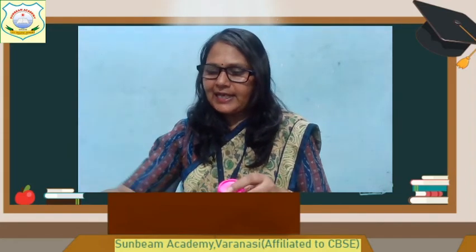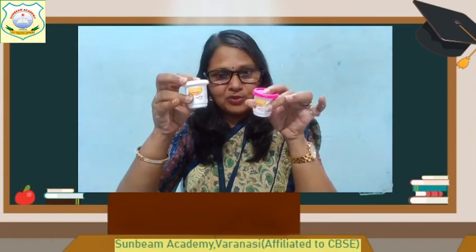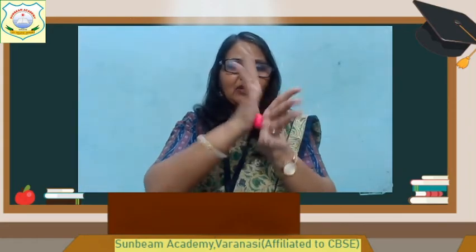For that, what you need? This color, pink color and white color. These 2 colors of clay. Okay? And I have shown you also how we have made. Again, I am going to tell you. First, we will make a circle. Pink color clay we will take and make. I am making the circle to make it smooth.